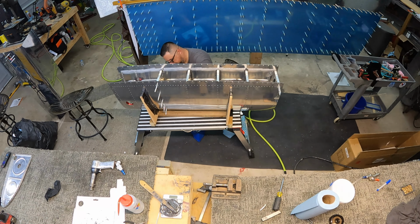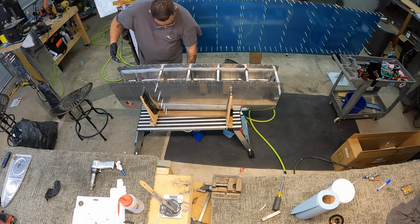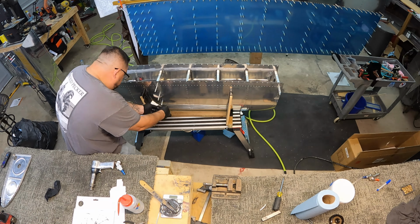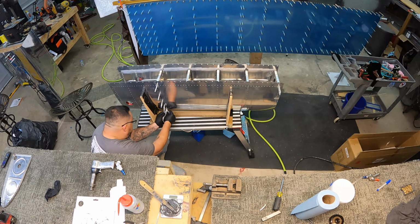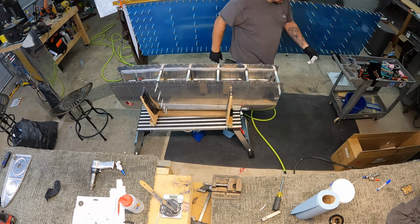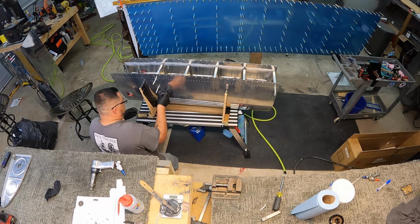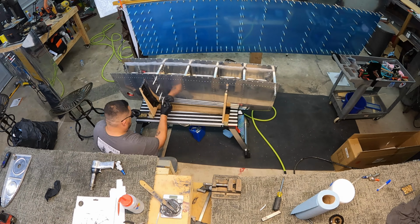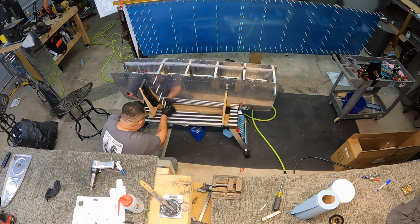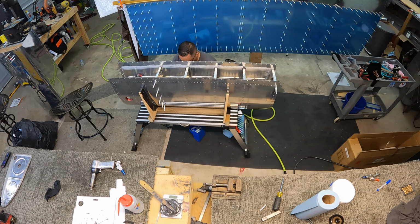And speaking of leak testing, I'm kicking around an idea. I don't know if anybody's done this, or if it's a good idea or a bad idea, but before I put the baffle in, once I get the end ribs on, at that point this thing should be liquid tight once it cures. So I'm tempted to put it in the cradle just like it is there, and then fill it up with water